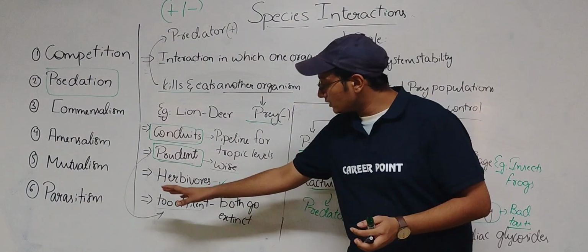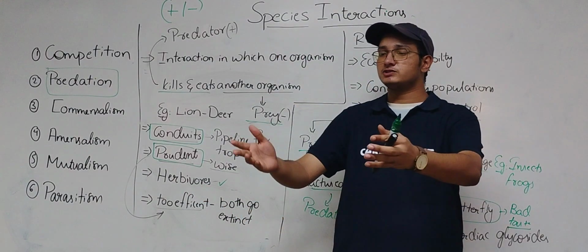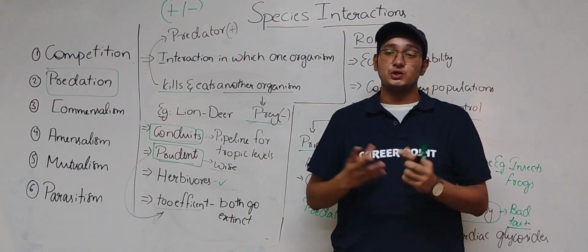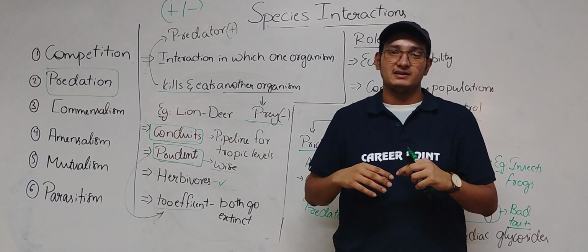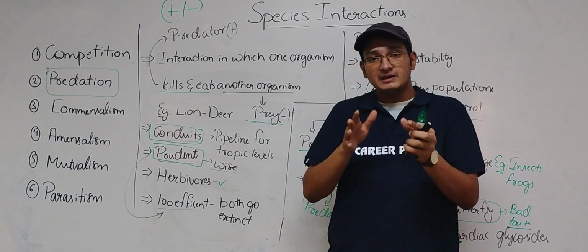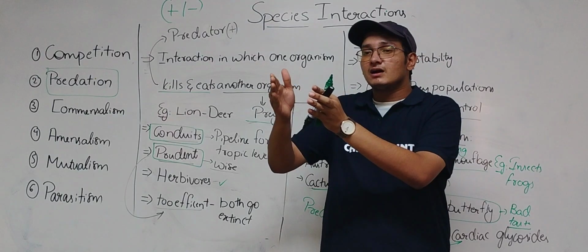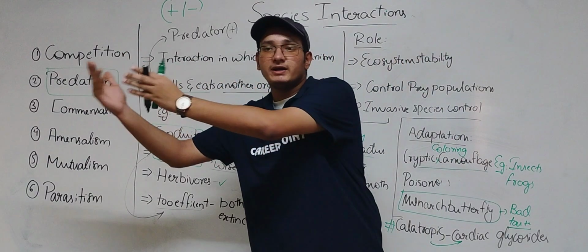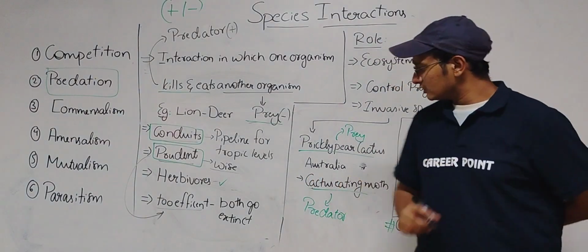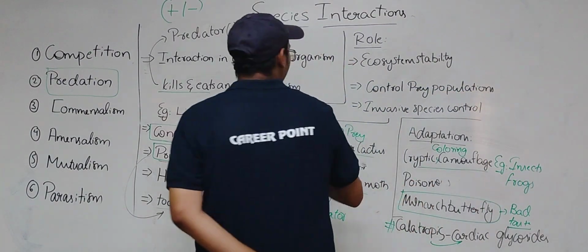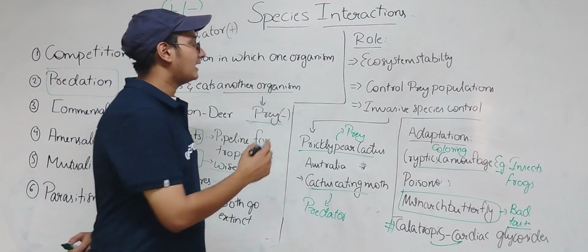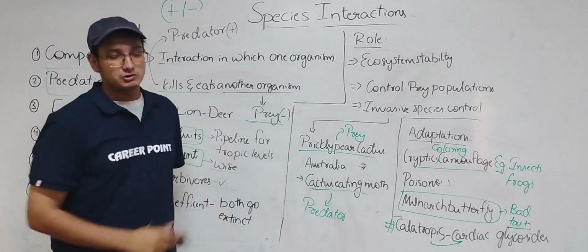If they are too efficient, for example, suppose there are 2 pizzas in a classroom. What will you do? You will consume both pizzas. But what they do is, instead of consuming the whole pizza at a time, they consume it over one day after another. So this helps them to survive for a longer time. So these are prudent in nature. And coming to their role, it helps in ecosystem stability and controls the prey population also.